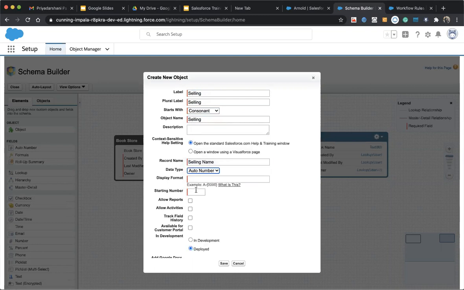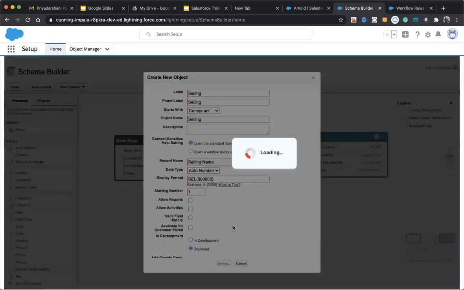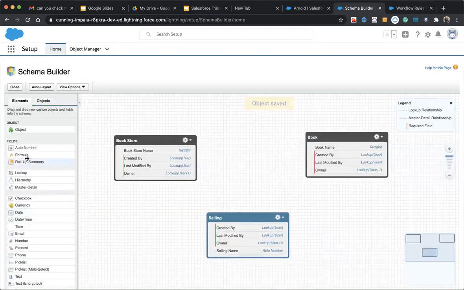Instead I will create a number cell, starting with 1. Okay, in that I will create a master detail relationship.